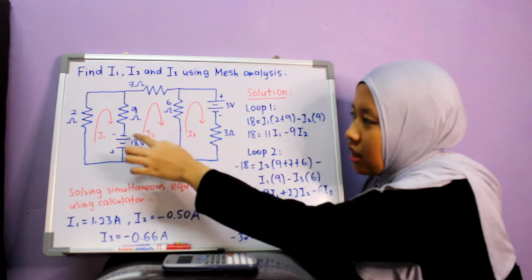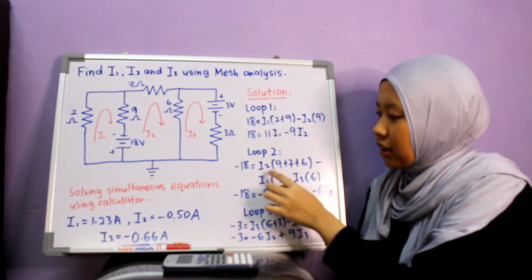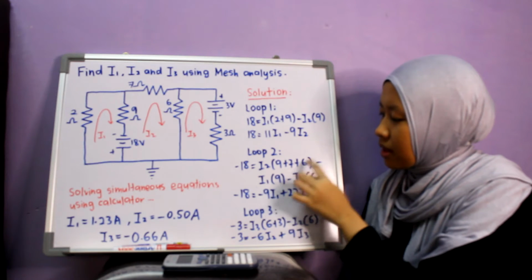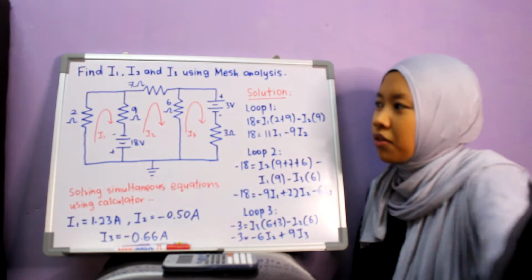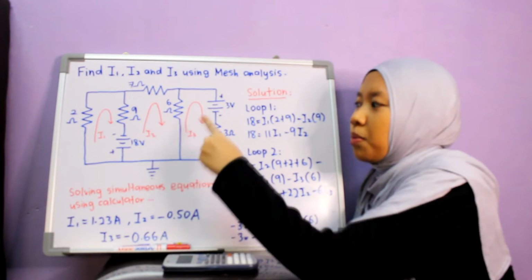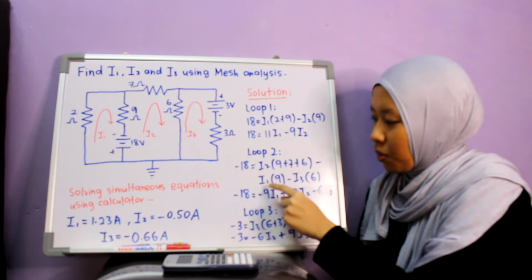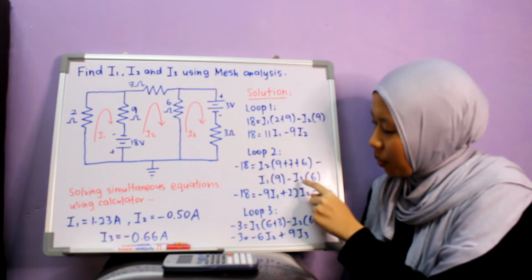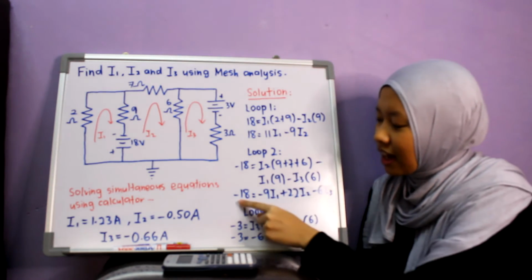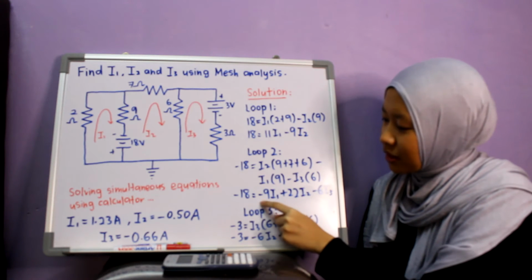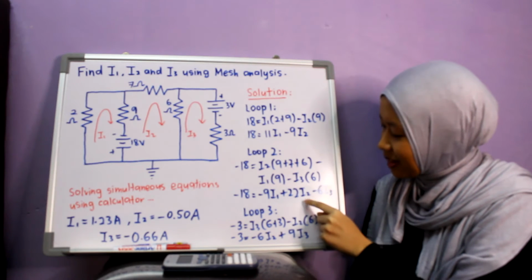Okay, and then we do the same for loop 2 as for loop 1. I2, and then we see it will pass through 9, and then it will pass through 7, and then 6. So I2 times 9 plus 7 plus 6 minus, we can see it opposes with I1 here, and then it will oppose with I3 here. So minus I1 times 9, and also minus I3 times 6. So it will simplify the equation, we will get minus 18 equal to negative 9 I1 plus 22 I2 minus